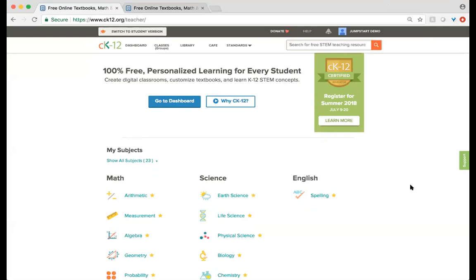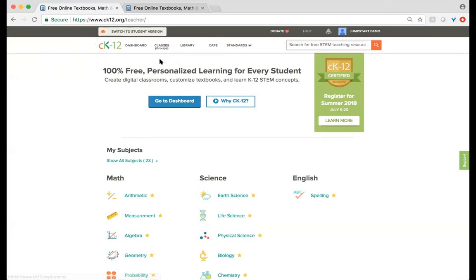Okay. So I told you earlier that you could access practice by going to ck12.org/practice, but I also want to show you a couple of different ways to do that from the homepage. Just to make sure everybody's getting comfortable with ck12.org, you can press our logo to at any time be taken back to this homepage. You've got some options here of dashboard. I'm going to be showing you classes in a minute.